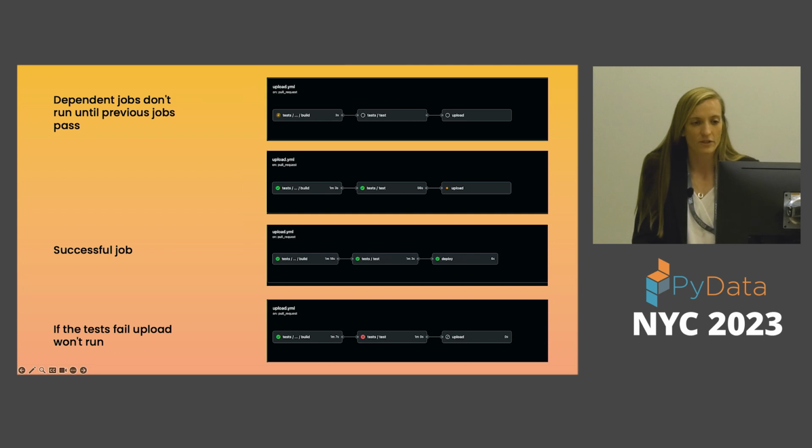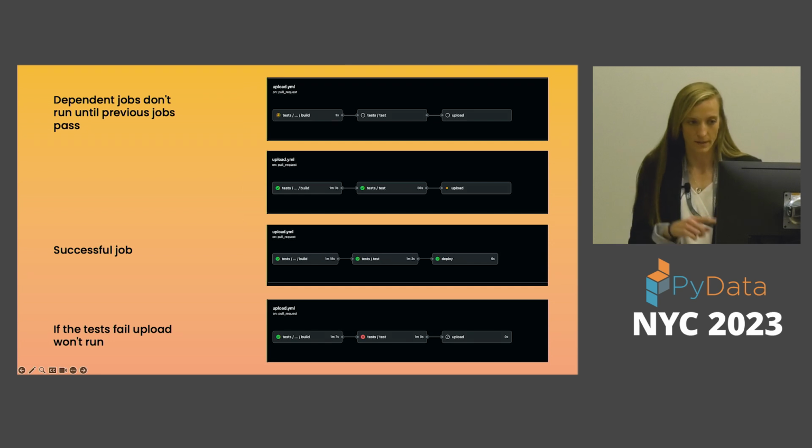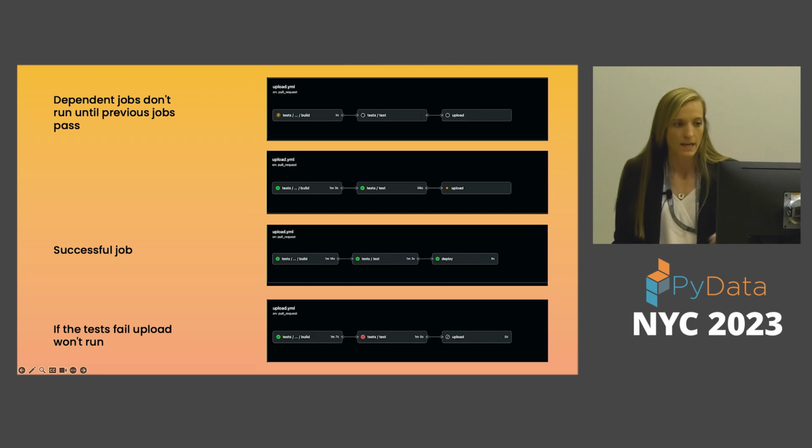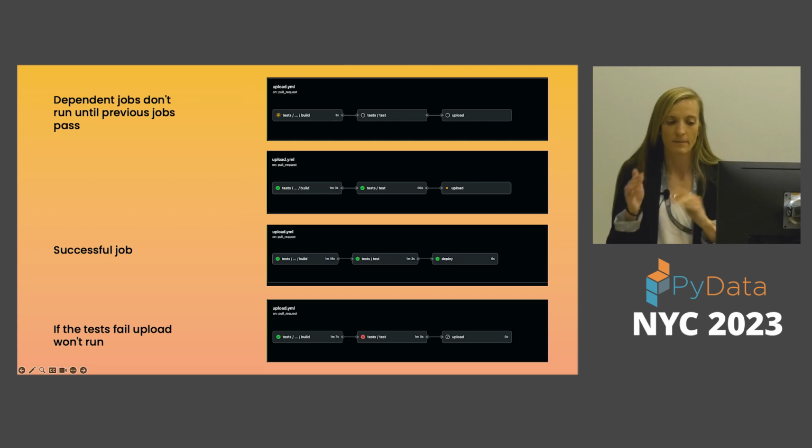You see in that top picture that the two steps on the right are just kind of waiting for the build step before they start. One picture down, the first two steps have passed, so upload goes ahead and tries to upload our files to S3. If everything works, everything's passing, you get all green. And then in the bottom one, if something were to fail, the steps that depend on it are marked as skipped. So here our tests fail, so upload is skipped. We don't